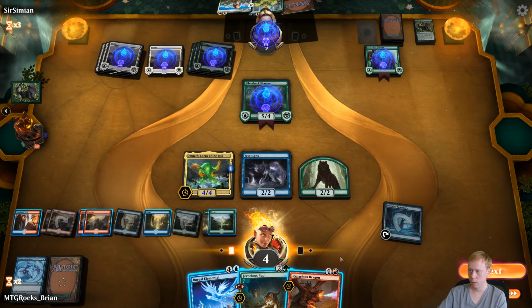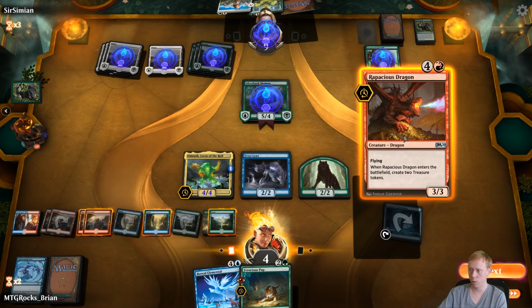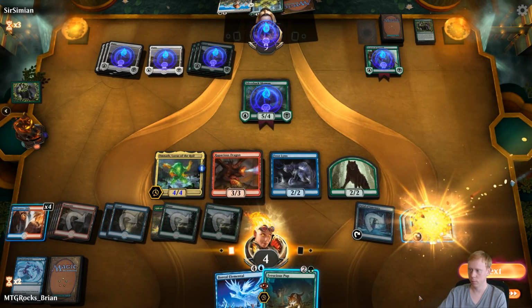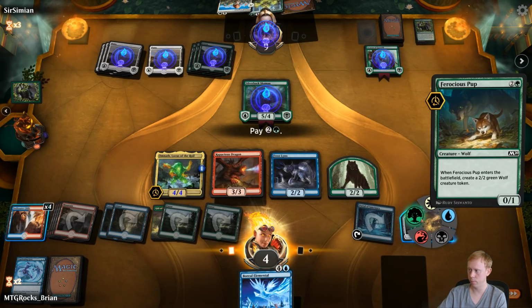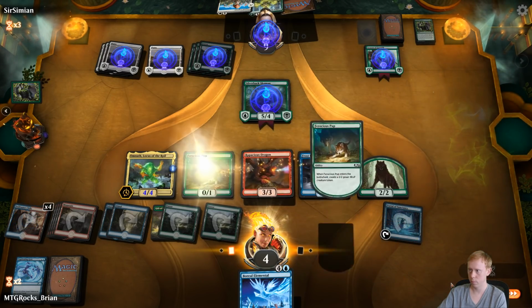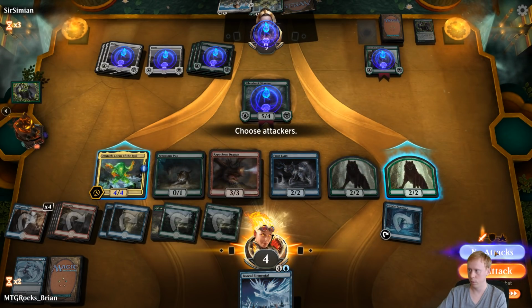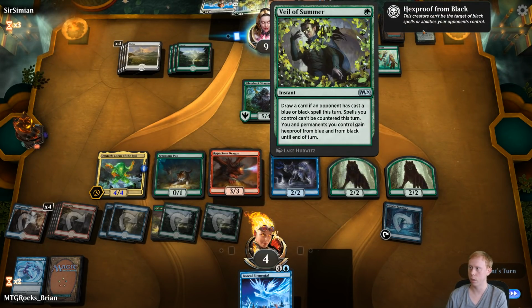Okay. We'll see. In that case, we'll play a dragon. And play a Ferocious Pup. And no attacks. So essentially our opponent played this card that said, draw a card if an opponent casts a